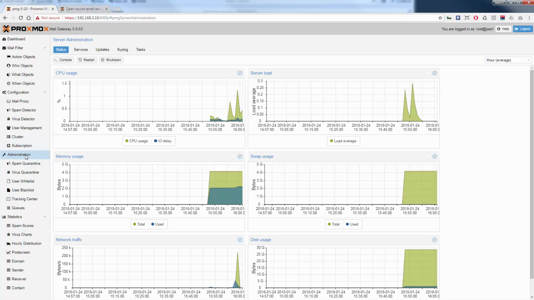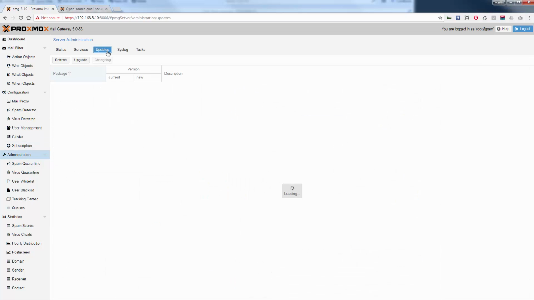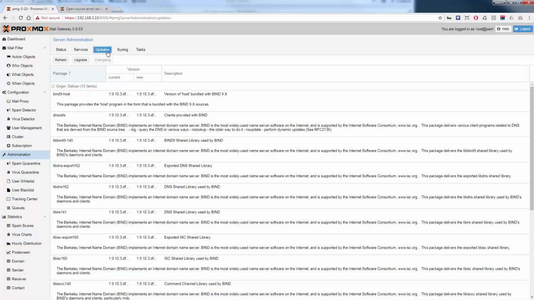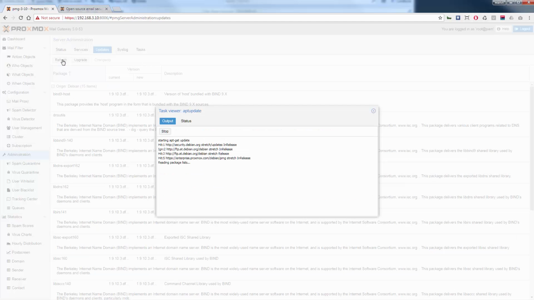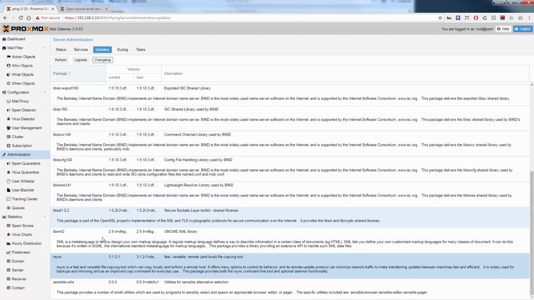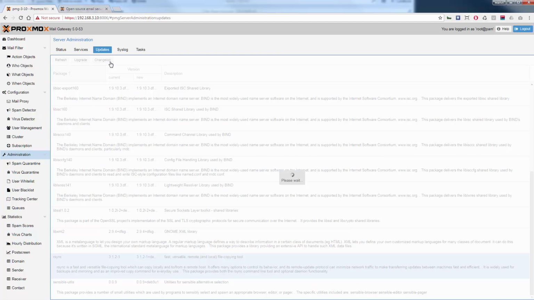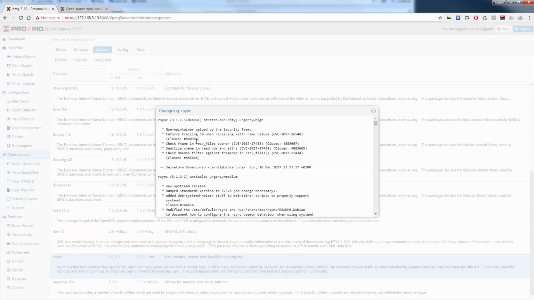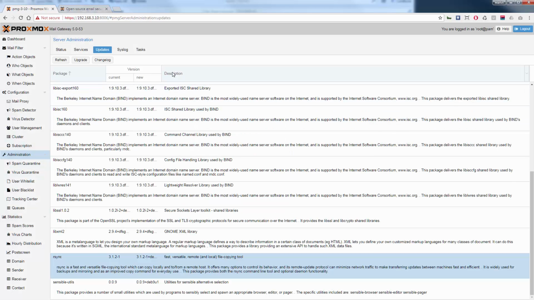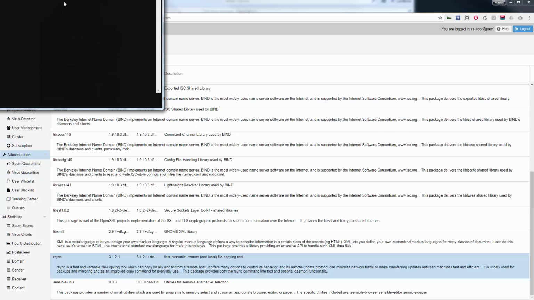Before you apply an update, you can check the change log of each package. You can make an upgrade with one click.